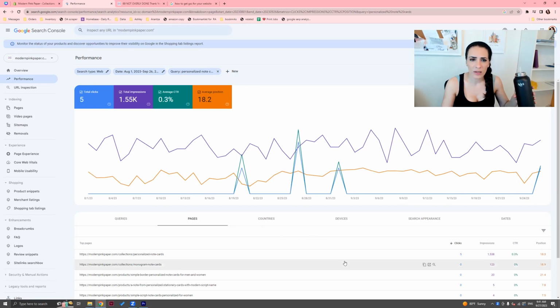And so what I noticed is, understanding where you are is really important, because one, you want to improve your average position, meaning I want to get found on the top of search for this phrase. And while that's not going to be immediate, I want to slowly improve. If you're trying to optimize a page for a certain keyword phrase, similar to what we talked about, the personalized couple stationery thing, I'm trying to improve that page. So I would probably look at just that page. But if I'm trying to improve my overall website for this phrase, this is what I would do. I would isolate the phrase in the filters, and then I would say, let's see,